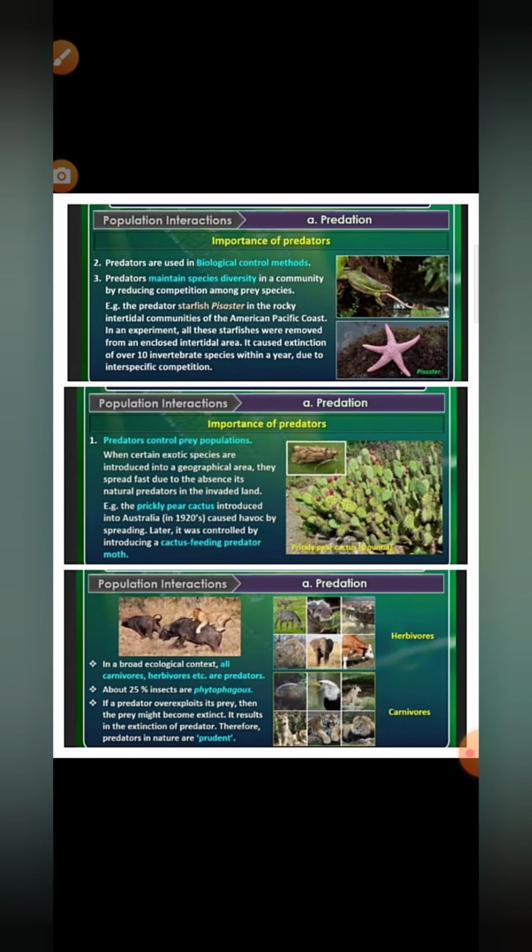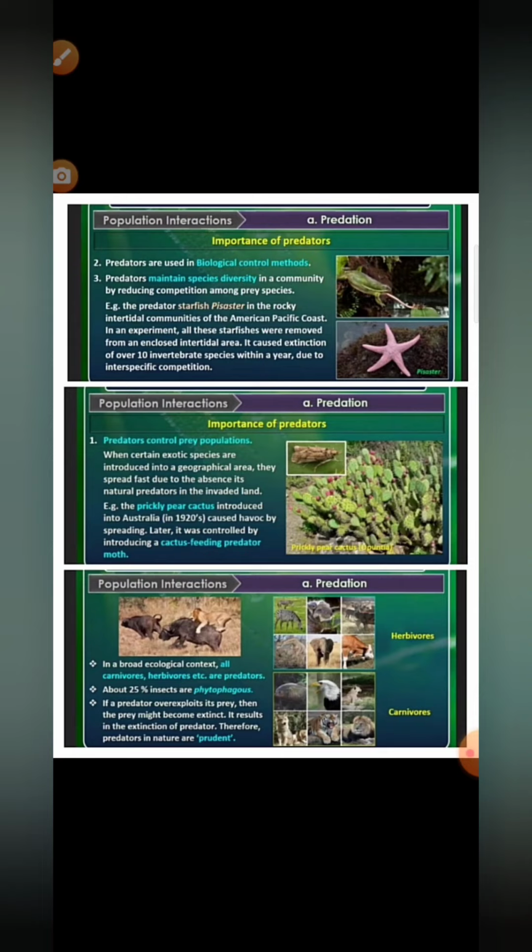Predation. The first one we will discuss. Let us start with predation. Predation, what is that? Predation is nature's way of transferring energy to higher trophic levels, like a tiger, which is a predator, eating a deer, which is a prey. A sparrow is a predator eating fruit or seed, which is the prey. Okay, it is an interspecific interaction where an animal, which is called a predator, kills and consumes the other weaker animal, which is known as prey.